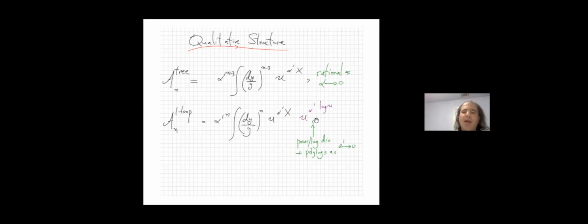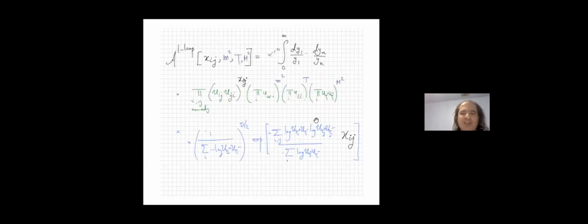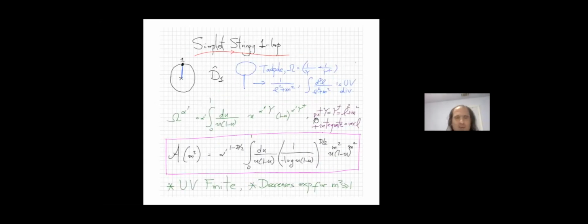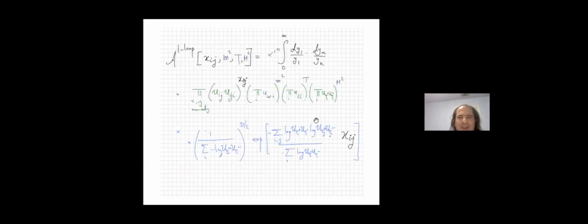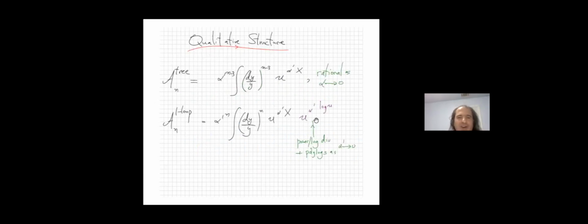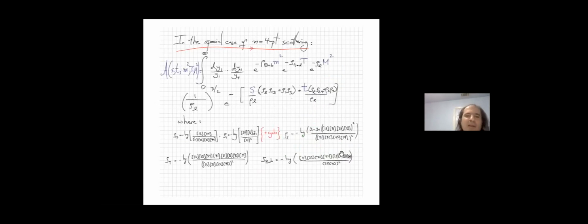Okay. Now, we keep saying that this kind of looks like it may be related to string integrals in some way at one loop, but anyone who knows about string integrals knows they look absolutely nothing like this. Okay, so on the face of it, it does not look like it at all. We don't see anything periodic. We don't see any theta functions. We don't see any Dedekind etas. We don't see anything like that. We see these slightly unfamiliar looking integrals, but just with polynomial dependence on the variables and these interesting u to the log u type dependence.